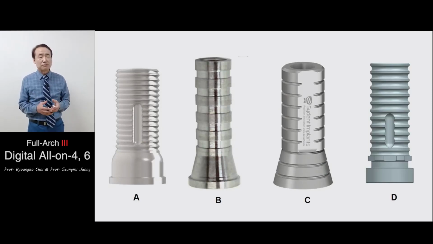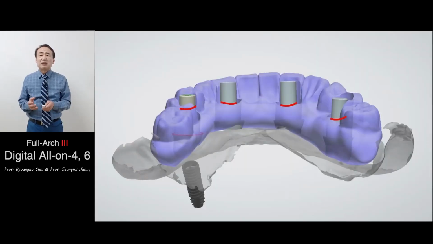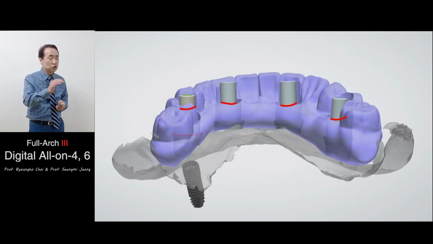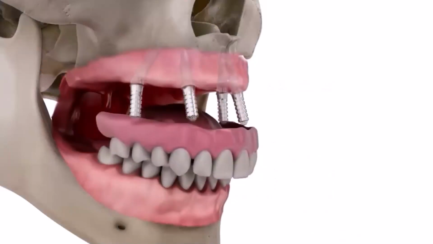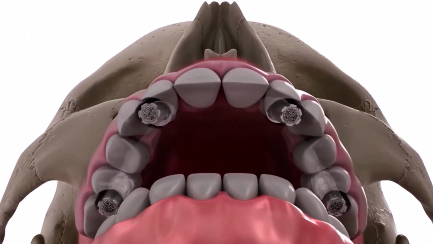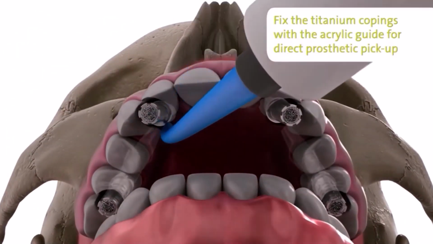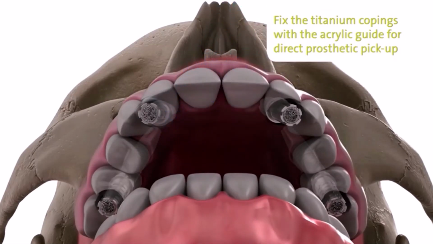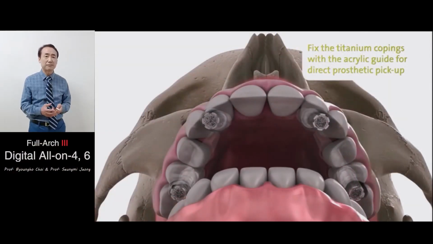There are different types of cylinders on the market. You need to adjust the cylinder height. The top of the cylinder should be below the occlusal surface. If you adjust the cylinder height in the mouth during surgery, it takes a lot of effort. It takes a lot of time. Therefore, you need to adjust the cylinder height in advance before surgery.